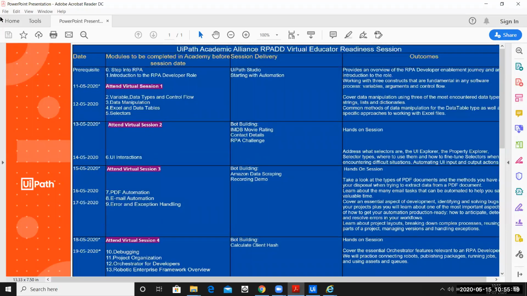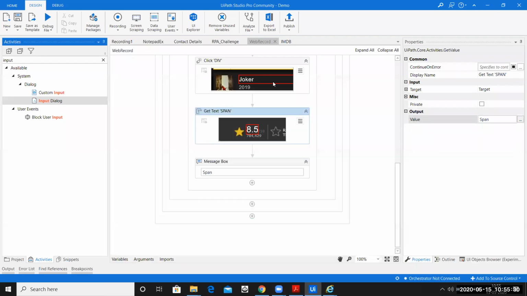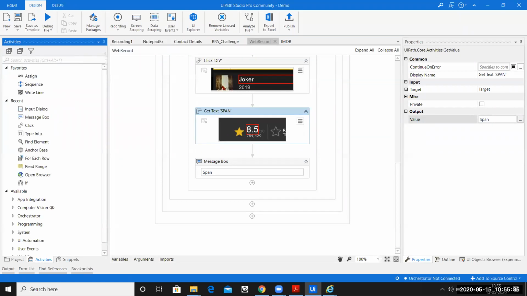Okay, let us go ahead and look at the example that we have for today. We have the Amazon data scraping. It is a very beautiful and powerful example, because it gives you the insight of what UiPath is capable of doing. If you have completed the UI interaction course from UiPath Academy, you would have already figured out how powerful the data scraping mechanism is. If not, I'll show you what we are supposed to do.